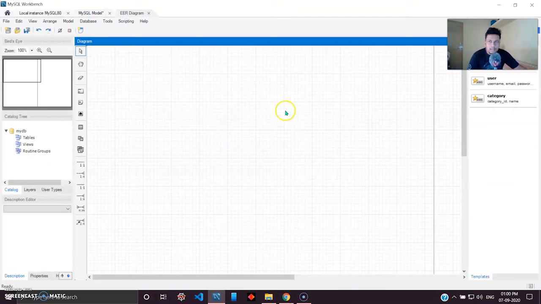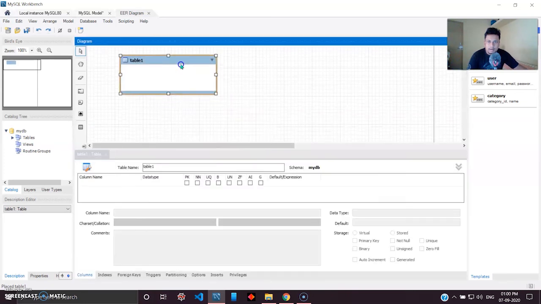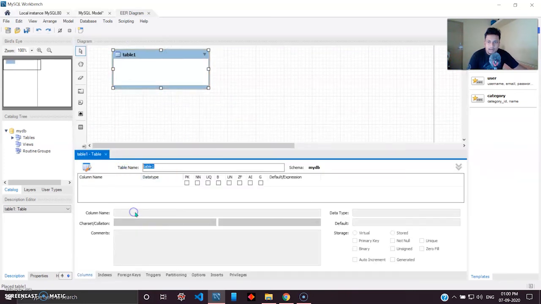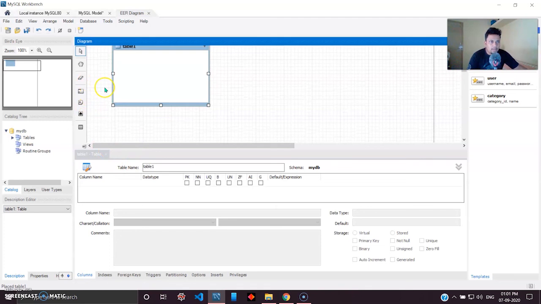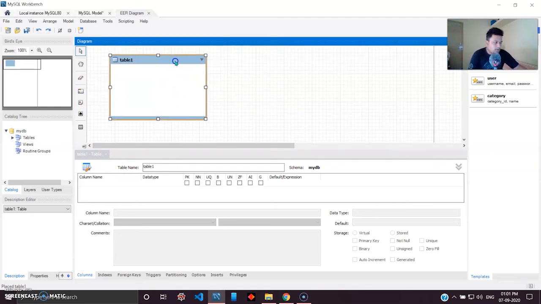it will take you to the ER window, and here you can create your ERD diagrams by going to a new table. You can place a new table right here, and in this table you can rename the table, add the columns, you can define your PK, which stands for primary keys, not null values, unique values, auto increment values, or any unique keys, and you can link them by using the connections, one to one, one to many, many to one, all the things. We will see that in the later part of the video.